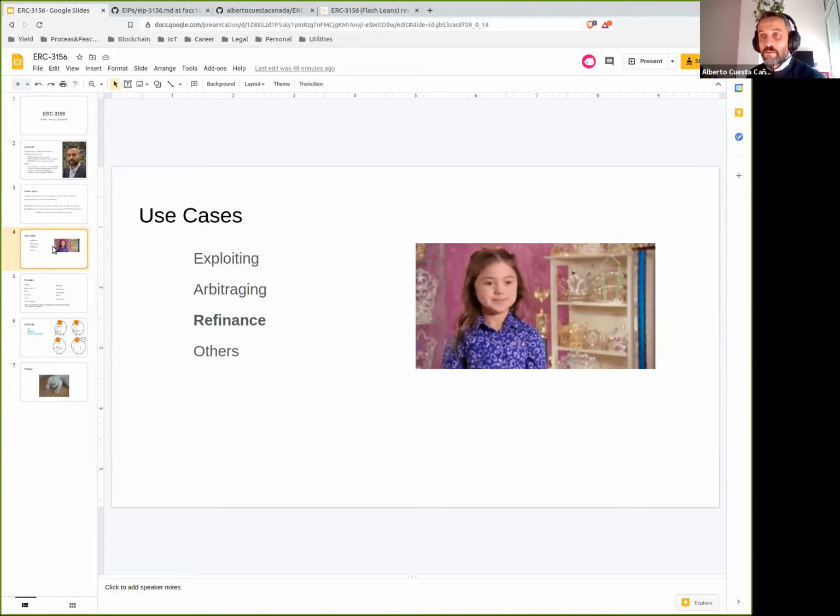And when we were starting with Web 10 and this ERC, we had to fight a little bit against the perception that all that you can do with flash loans is actually to exploit other smart contracts. A flash loan, in effect, is kind of free money for the borrower as well, because often there are no fees. The lender has no risk, so it charges no fees. So here you got a bunch of free money as long as you give it back to me within 15 seconds. Now you do whatever.